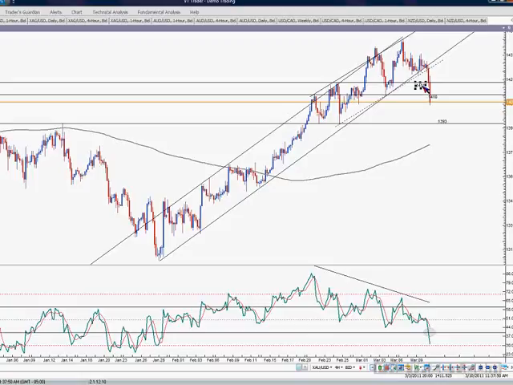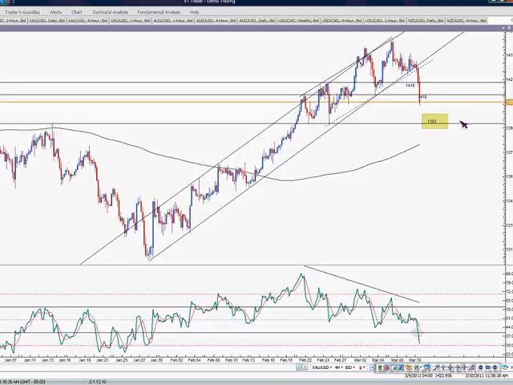And the 1418 area was the first pivot I had. Okay? And then below 1418 we would be looking at 1410, and the market now is accelerating past that, and now the next target is 1393. You see the RSI shows a break below 40, which means that we lost bullish momentum and we're about to show bearish momentum. Okay, so now we're looking at the 1393 pivot area. Okay, so look for that to provide some support. But if the market continues, you see this. Okay, so this is what we're going to do.